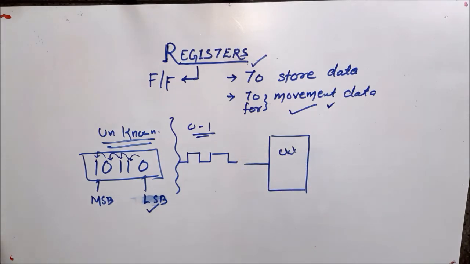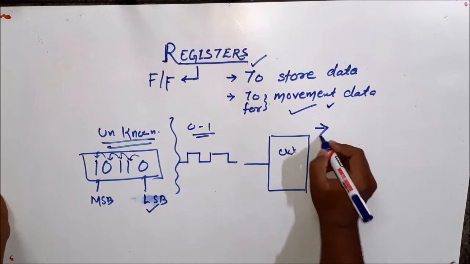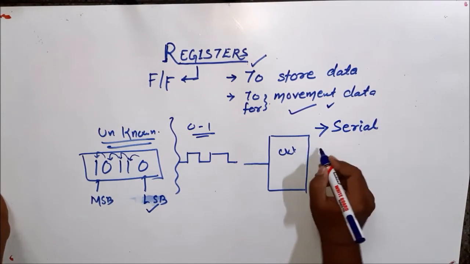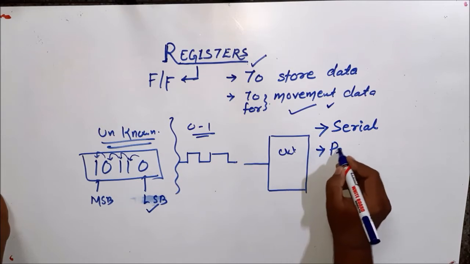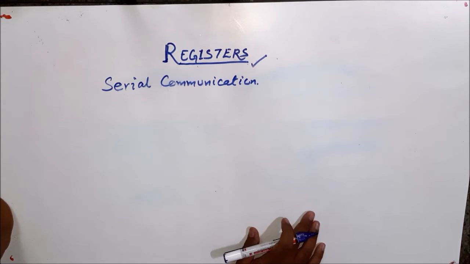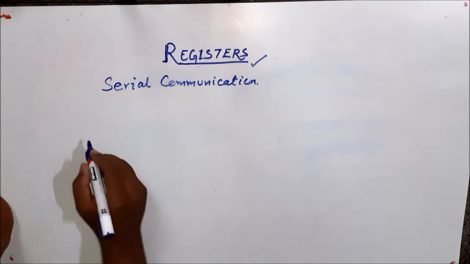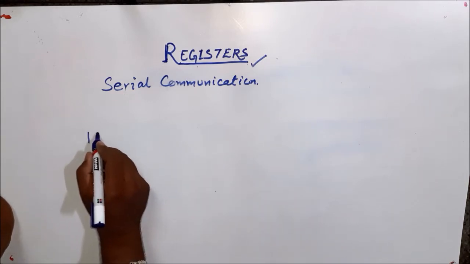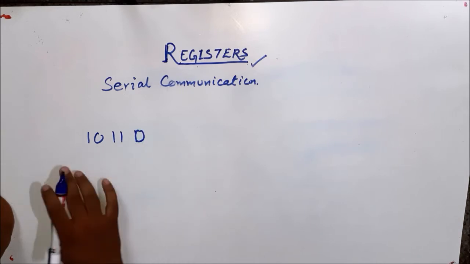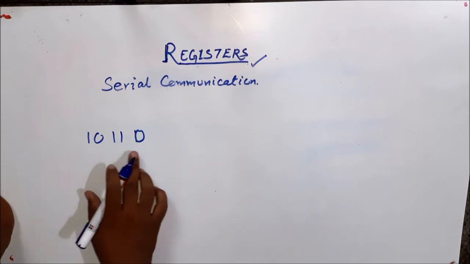And data movement is basically of two types. One is serial communication and the second one is parallel communication. Serial communication. Serial means one after another. Here, let me explain through an example. I want to transfer 10110. I want to transfer 10110